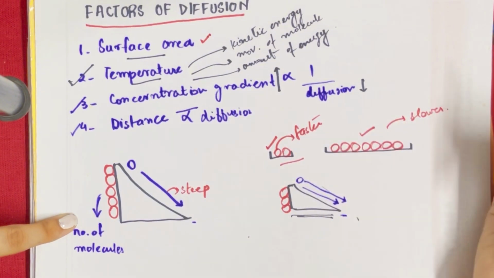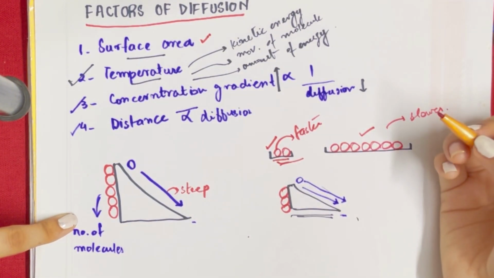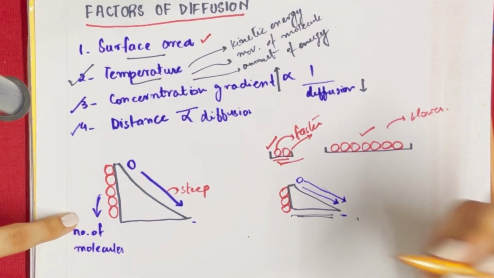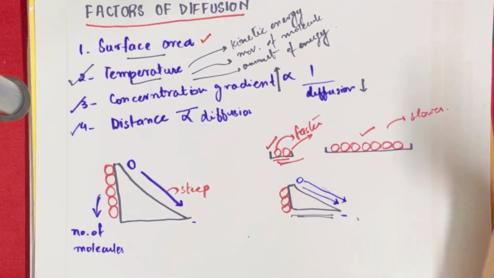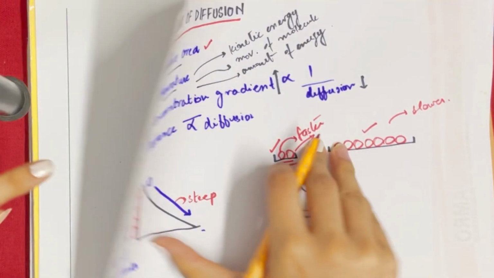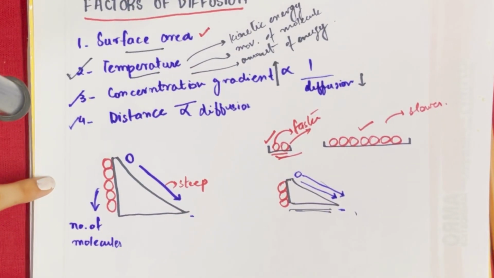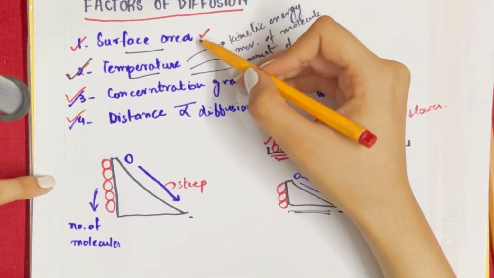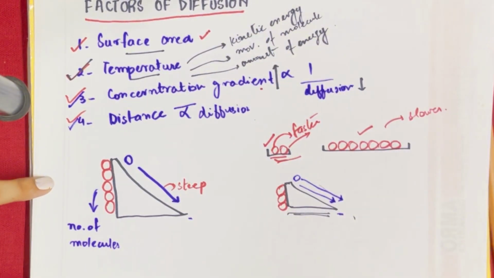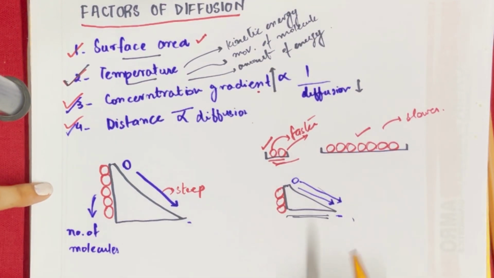When the temperature increases, the movement of molecules increases. Thus, it becomes more diffusible. When the temperature decreases, the movement of molecules also decreases. Thus, it is not very easy for them to be diffused. This is how these factors affect diffusion: the surface area, temperature, concentration gradient, and distance. By this deep dive, now you can